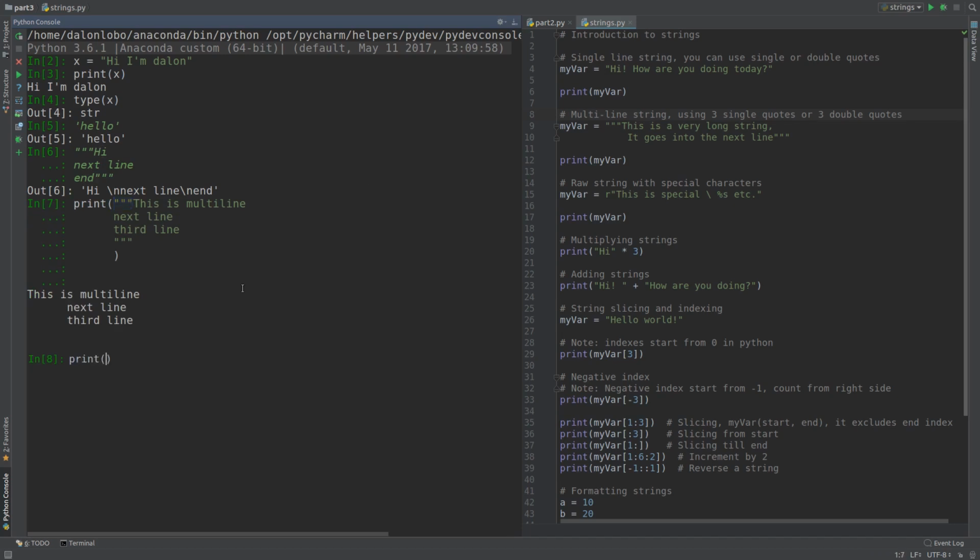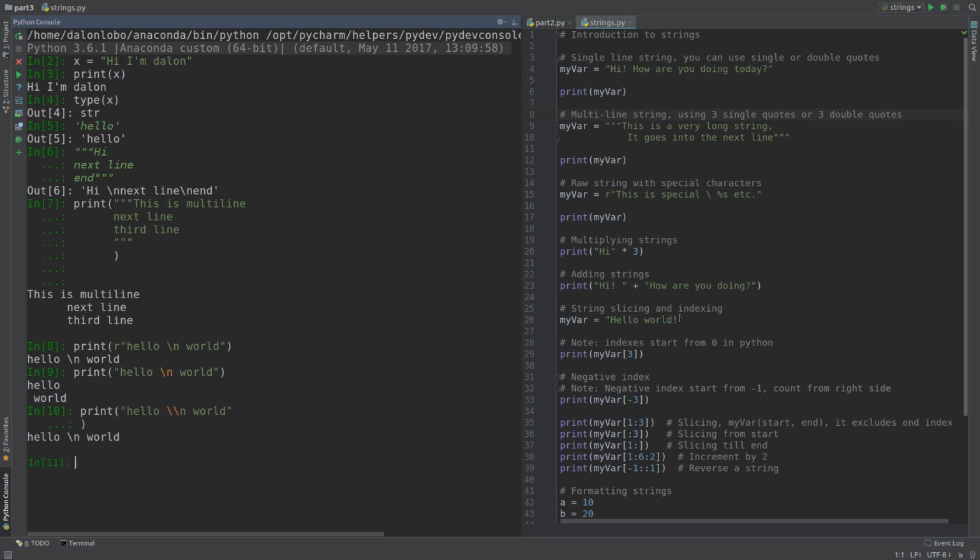Let me just print out a raw string over here. You have to use this keyword R just before the quotes. You know that this \n is a new line character. What a raw string does is it prints out the \n as well. If you had to do the same thing with just the normal string, well, it would have printed it in 2 lines. So in this case, if you wanted to escape those special characters, use \, again,